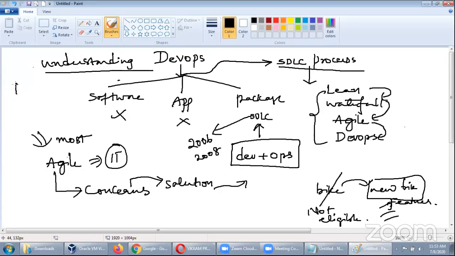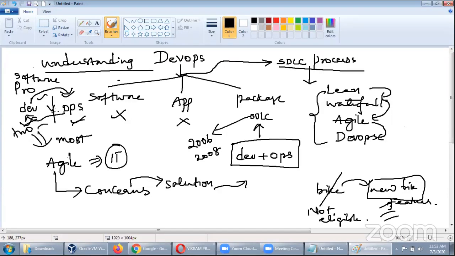In the industry currently, maybe a few of you are working in IT, but those who do not work: generally when a software product gets developed, you'll have your development team working and also the operations team working, both seeing themselves as different. The ops team does not know what is going on with the development activities, nor does dev know what is going on with ops. So they sit apart, in terms of everything they see themselves as different. Both are two separate teams, sometimes in conflict, sometimes they don't sync up. So there are a lot of concerns.